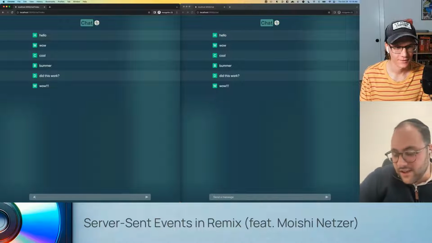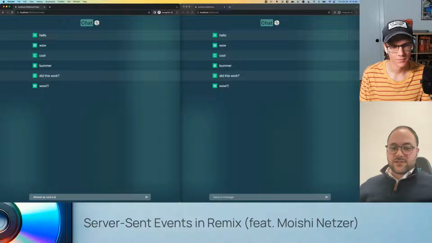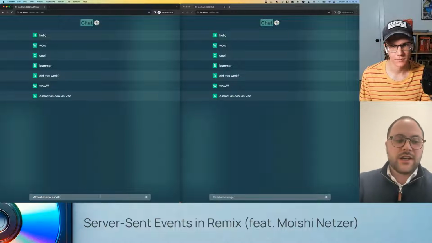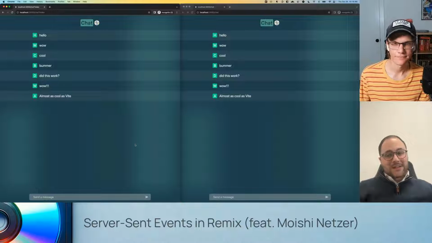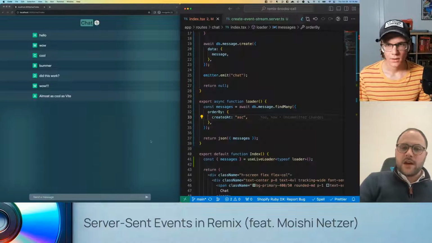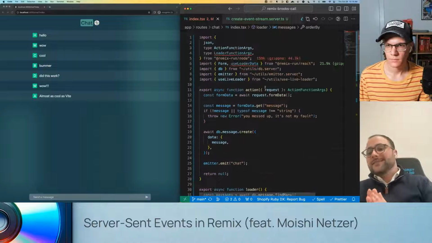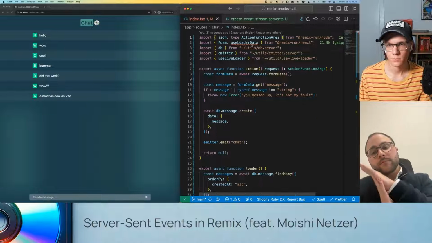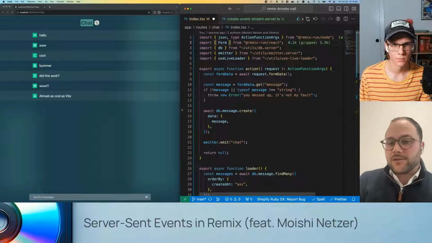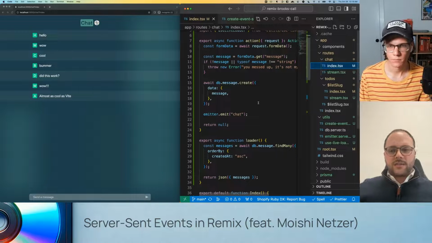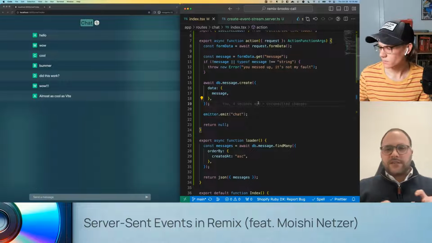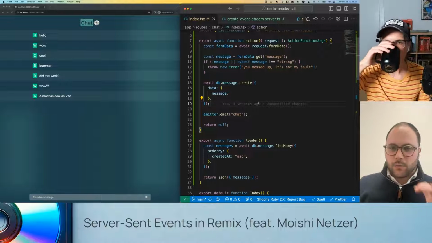And remember, this is server side. So this isn't just on dev. This actually works in production. Yeah. And I do think you need to make sure that your hosting provider actually allows this, because streaming isn't supported by every provider. That makes sense. I know that Fly, for example, disconnects open connections over 20 seconds. So what you need to do is send a ping message every 20 seconds, just to make sure that all the clients are still connected. But other than a few nitty-gritty details, this should just work.